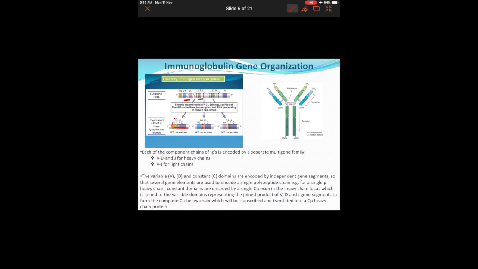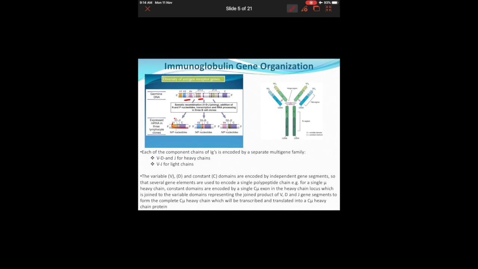So within the variable region, you have up to 50 different reading exons. And within the diversity region, you have a number going from D1 to N, and the same for the joining region, J1 to N. So when a B cell gets committed to start expressing a surface antibody molecule, you have two enzymes called RAG1 and 2,